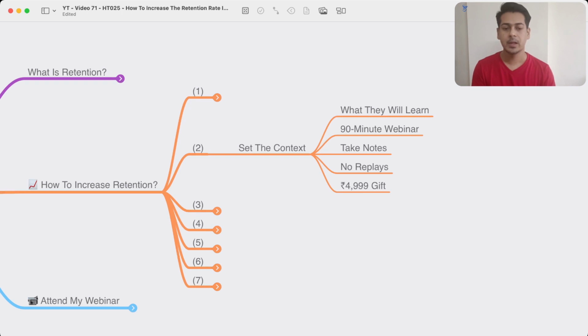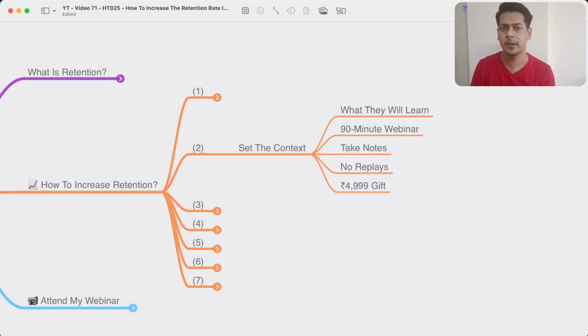Why? Because people who are serious, they want to implement the ideas you are sharing and they want to get results. So although it is self-explanatory, people who are serious should take notes, but still you have to share things. You have to tell them to take notes. So when you call it out loud, people are like, okay, I have to pick up a notepad and pen and then take notes.